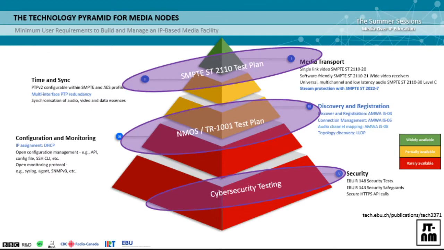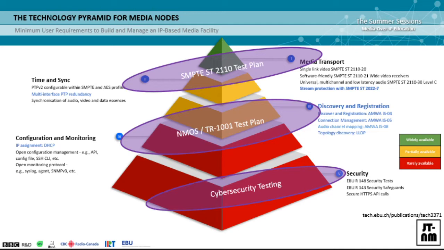So here on this slide, that will actually be obsolete in a couple of weeks because the EBU pyramid, the tag 3371, is currently undergoing a revision. Also, following the feedback from the GTM test, we will be revising the layers and the color coding of the pyramid. I'm happy to say that the pyramid will be greener than before. So for those who were concerned about the lack of green color in this one, you'll be happy to see